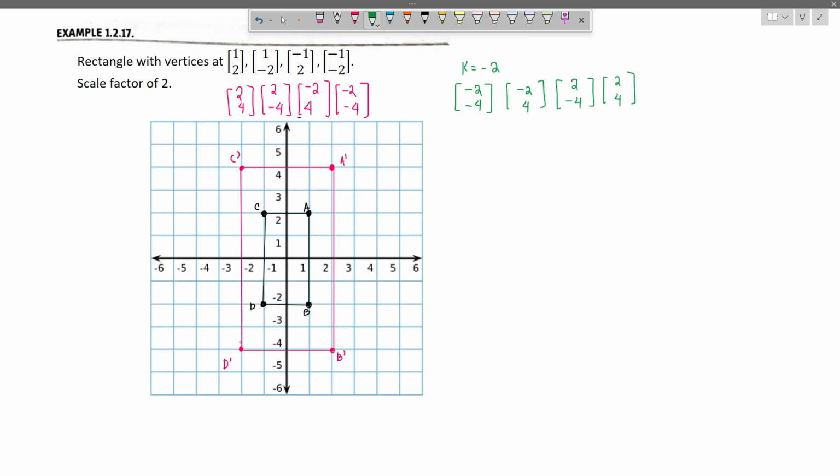-2, -4. So this is where A will be placed in. And then 2, -4 to -4 is where, sorry, -2, 4. So this is where we'll find B. And then 2, -4 is where we'll find C. So let's put 2. Okay. And then lastly, we have 2, 4 for